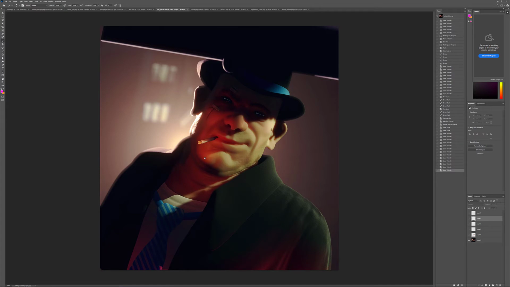So number one is if you look in the skin here, in the skin that's being hit by the key light, I would just pull out some of the greens a little bit, make it a little warmer. I think it's just getting a little too green, and even after that color correction, you can see down here in the neck still feels a little bit on the green side. So you might want to modify the color of that light slightly,